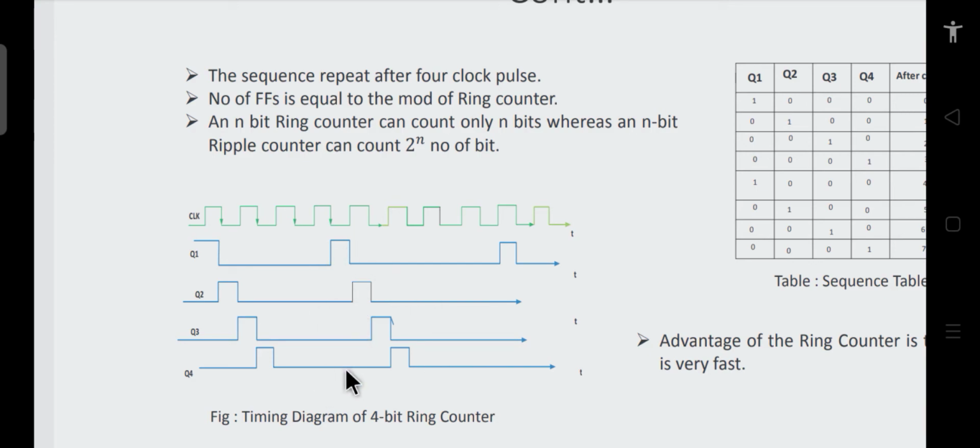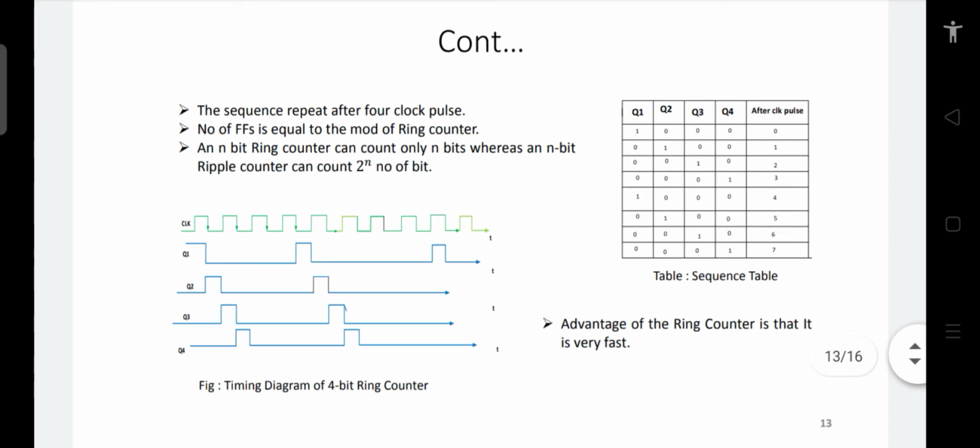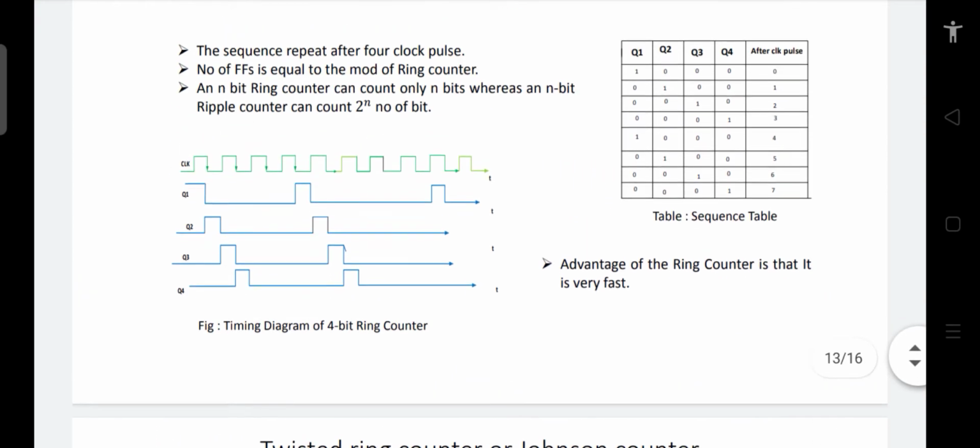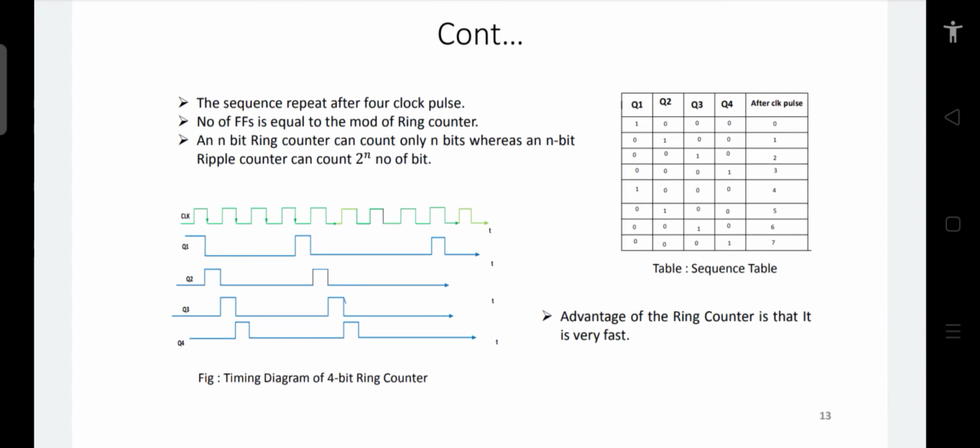to the other states. Okay, so this is how you understand it. The advantage of the ring counter is that it is very fast, so it can count very quickly. The only problem is that there is a lot of wastage of space, and it is uneconomical to realize these ring counters, whereas you don't require any decoder to decode the outputs as you require in the case of asynchronous counters,